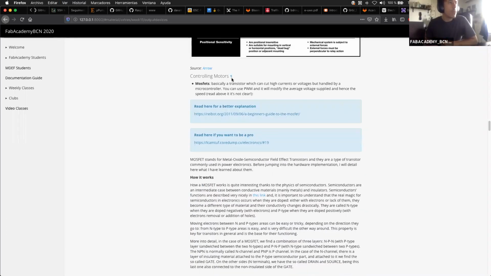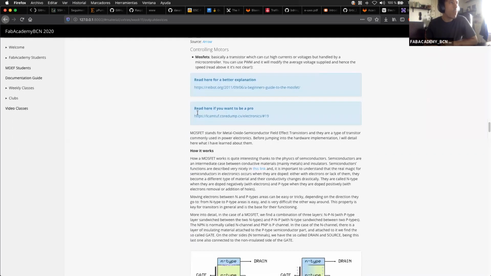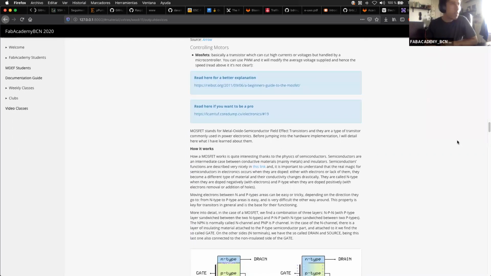So let's jump to the next part. MOSFETs, the big question here. What is a MOSFET? MOSFET is a type of transistor that has a specific construction in the semiconductors. I don't want to really go super into detail into semiconductors and these things, but basically keep in mind that